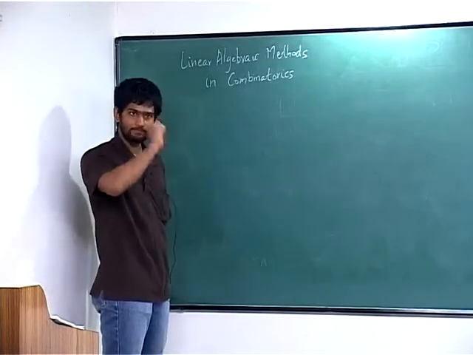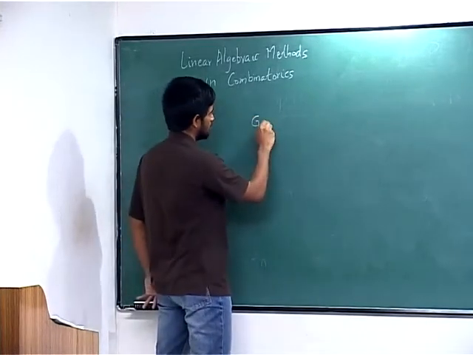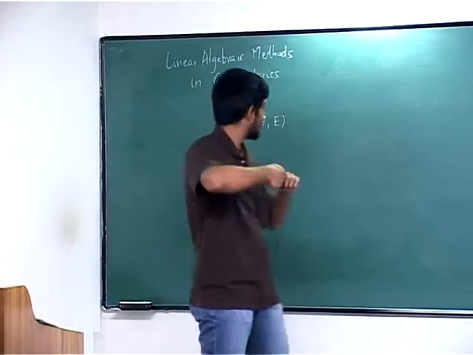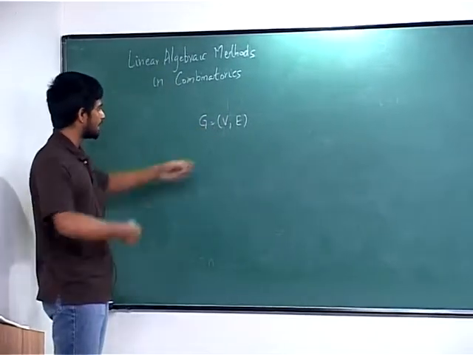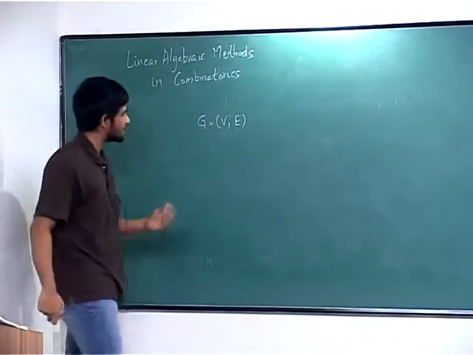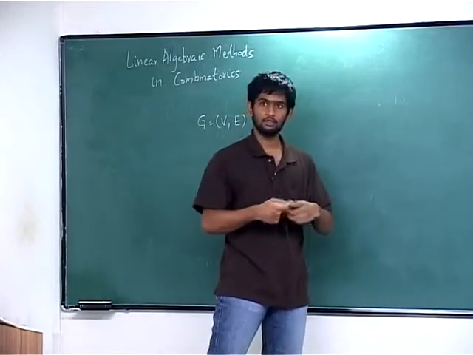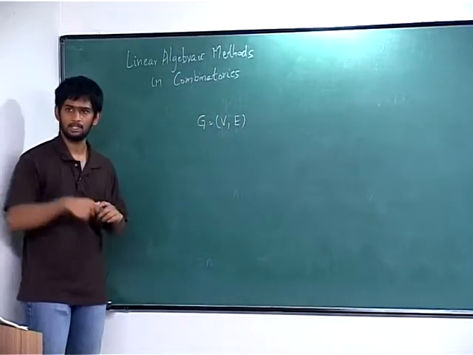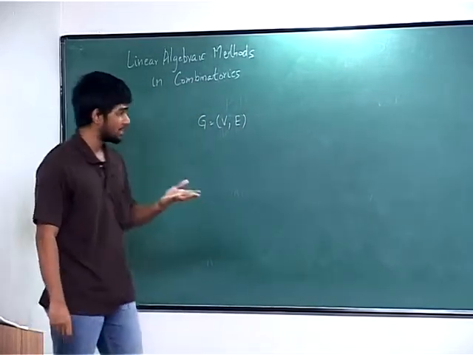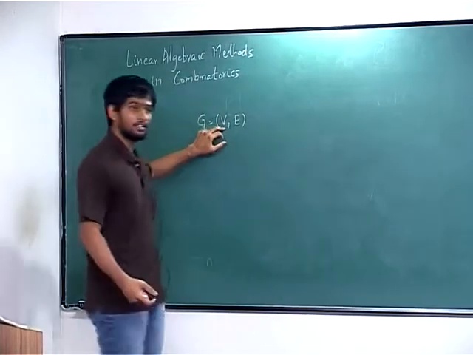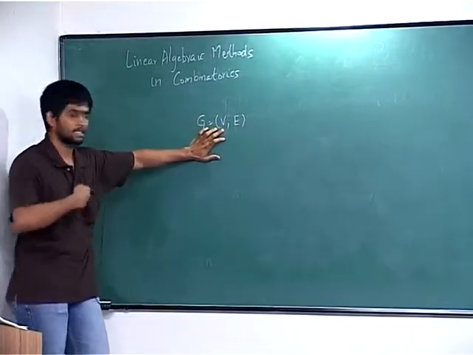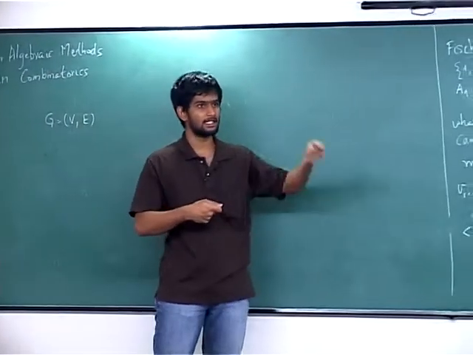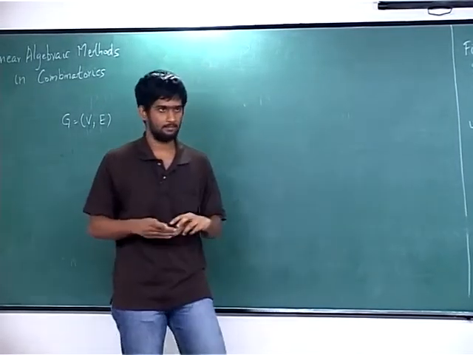You have a graph G, some vertices and edges. Now you want to move data from one vertex to the other. So at each stage, at each vertex, the vertex should know to which vertex I should send the data. I need to do it very fast. I mean, I need to send it through the shortest path. The graph is huge, so each vertex cannot store the shortest path to every vertex. So somehow it must be able to know to which vertex I should send so that this will reach in the least time.